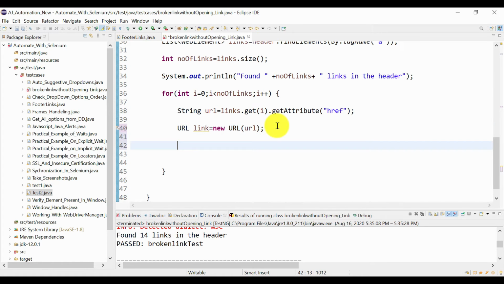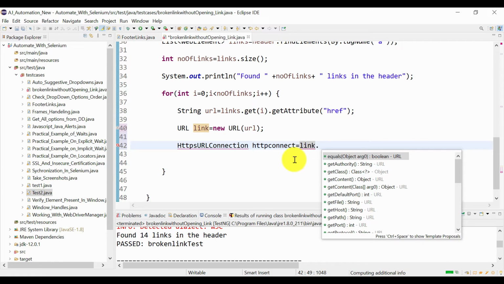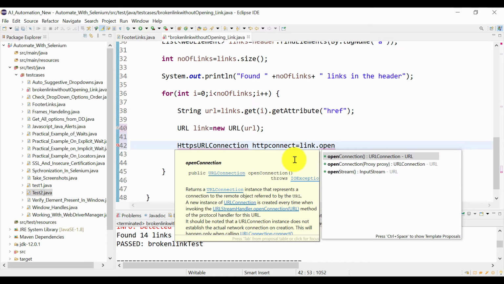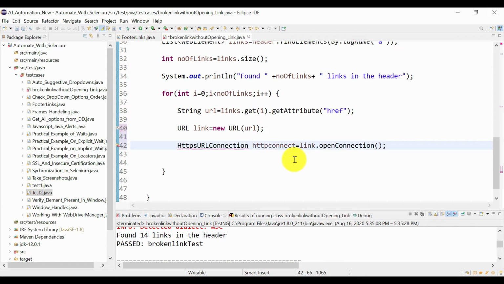Then you need to create an object for another class: HttpURLConnection, http connect equal to... Let's give this as the name, and you need to use this variable link. You need to open that link, so link dot openConnection.